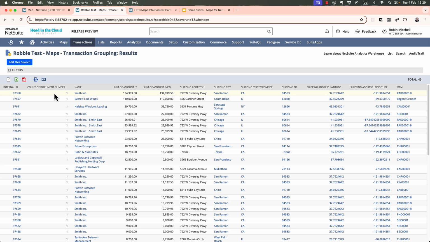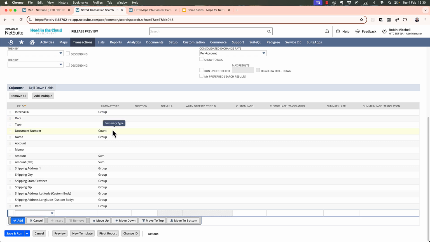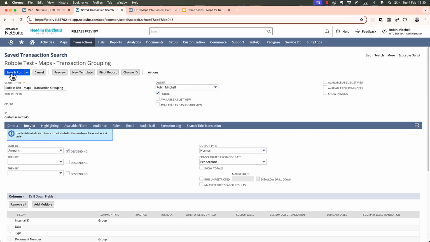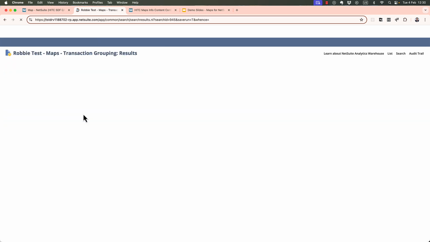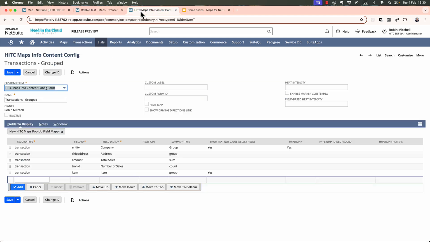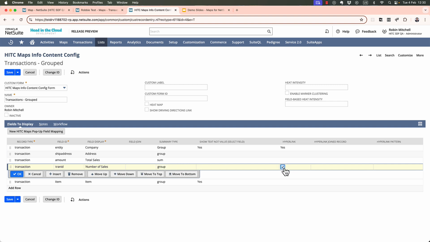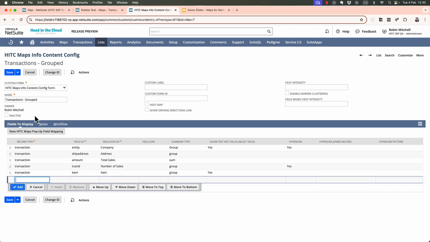And to help it make a little bit more sense, let's change this count on transaction number to a group column as well. Okay, that makes a bit more sense. So here now we're going to change our tran ID column to be a group, and we're going to mark it as a hyperlink. So I'm going to save this,